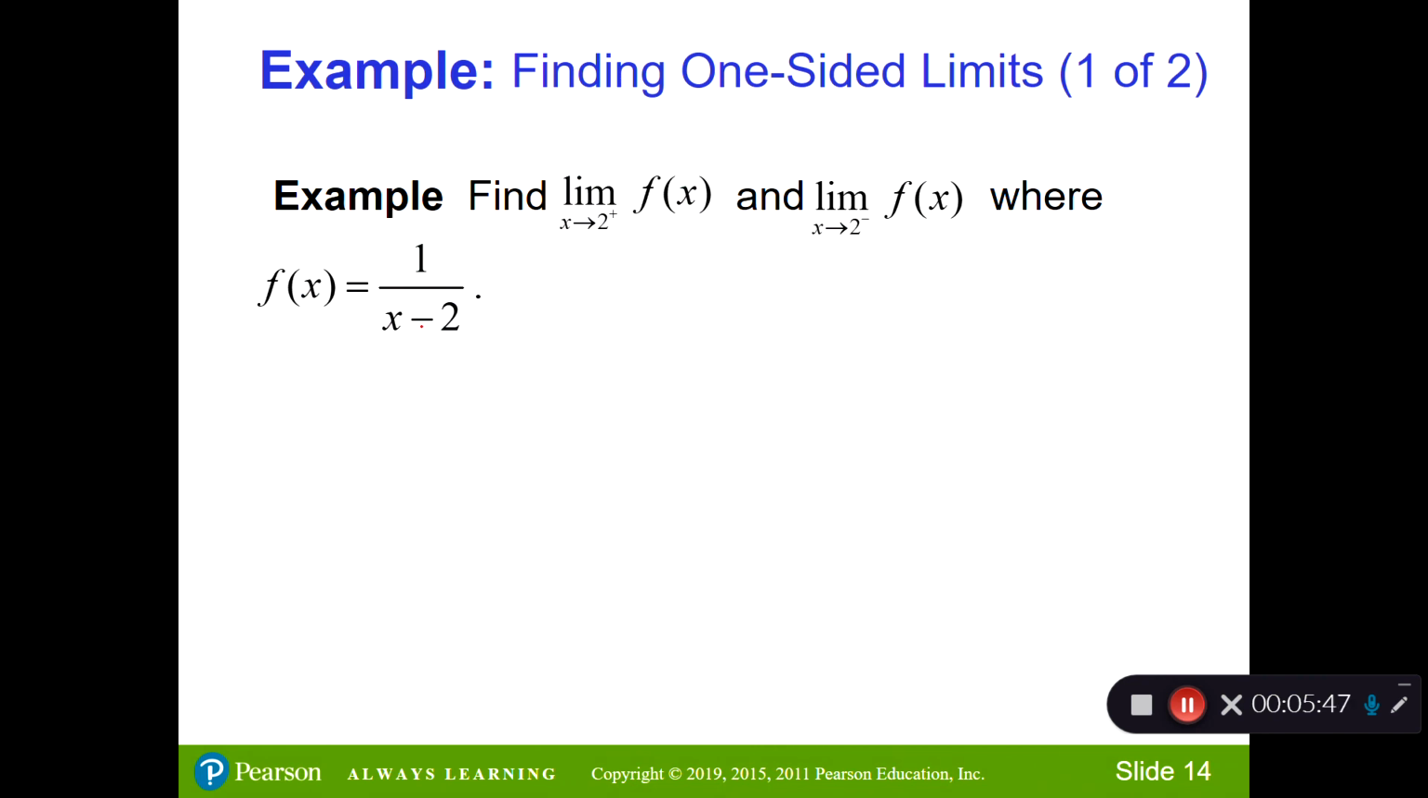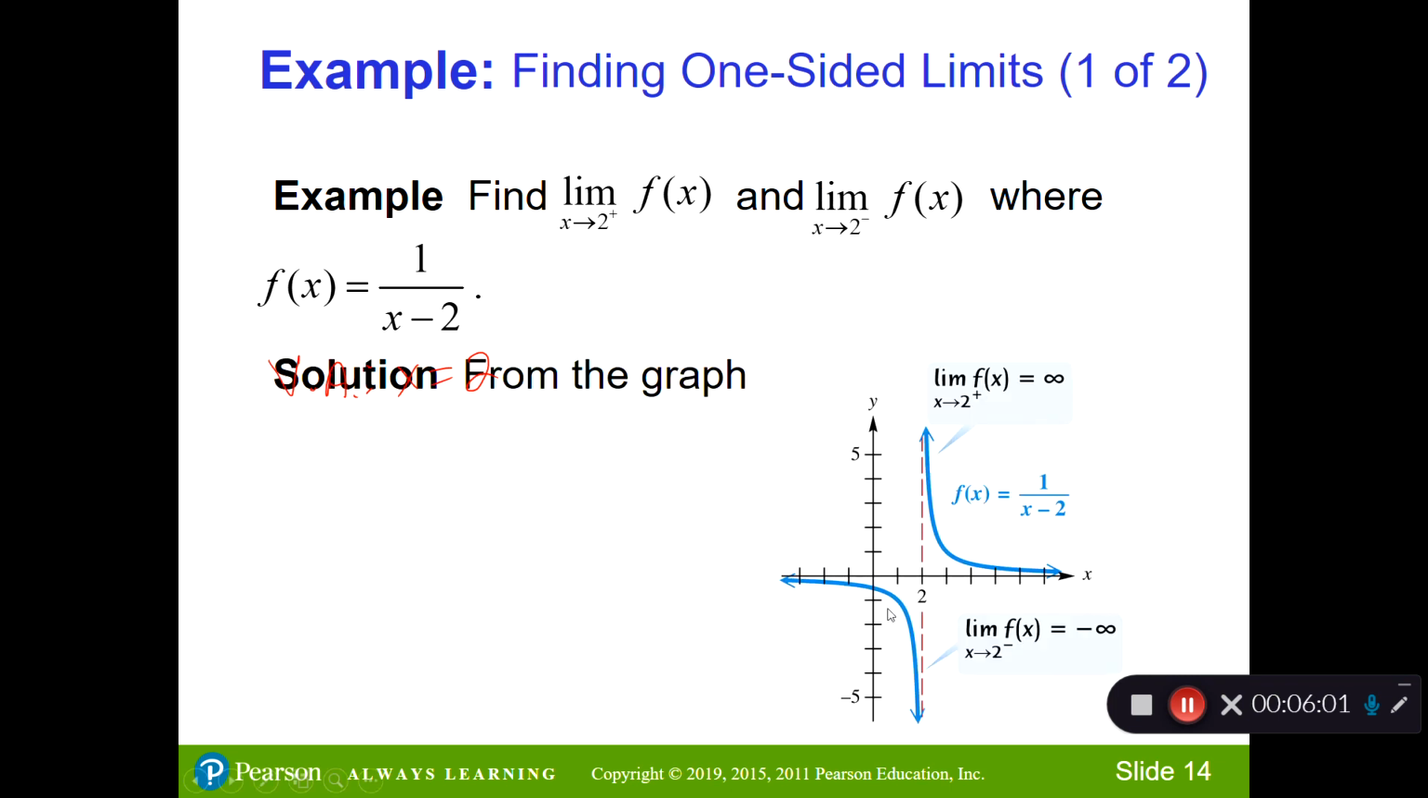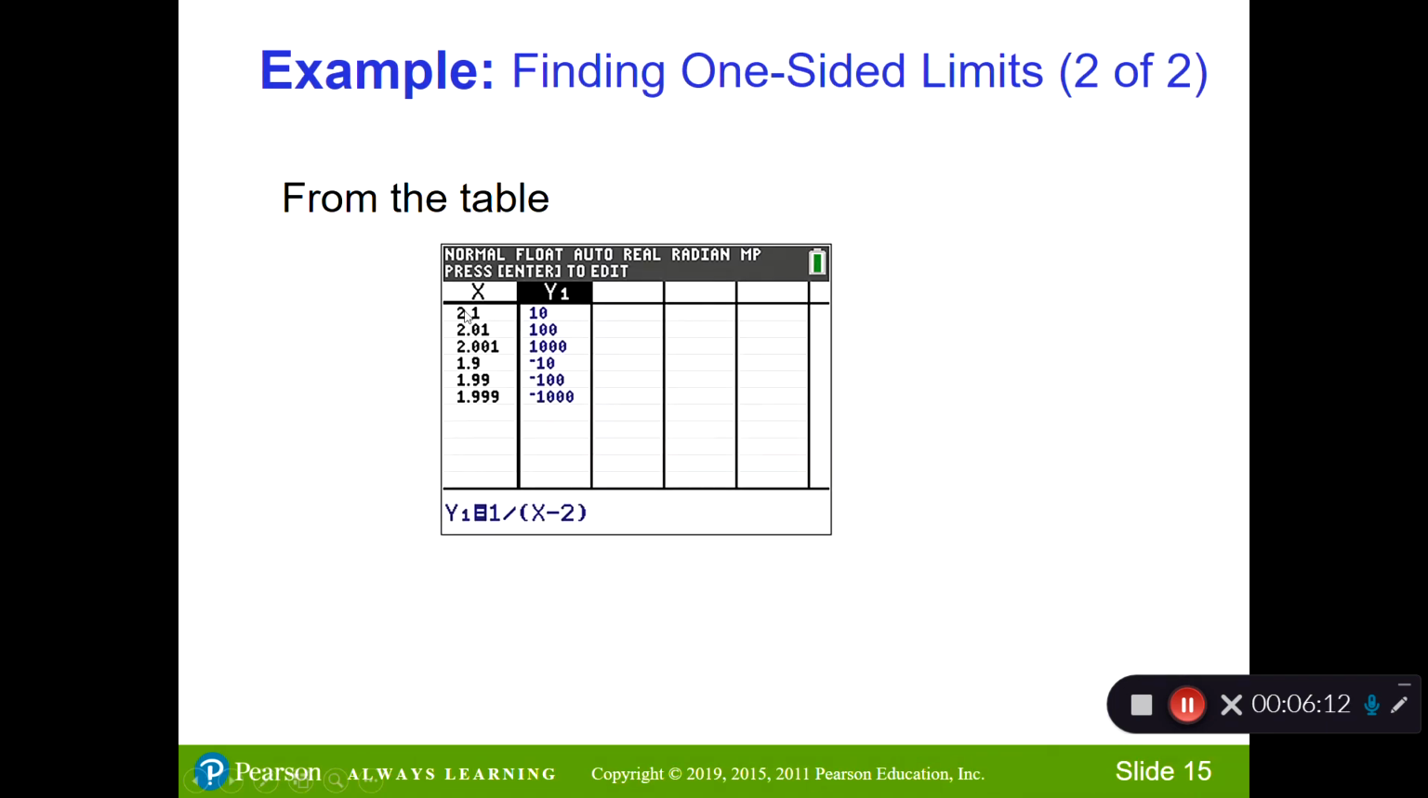All right, we know we get a 0 in the denominator when x is equal to 2, so we know that our vertical asymptote is x equals 2. We can show that by looking at the left-hand and right-hand limits. So when I look at the left-hand limit, it's going to negative infinity, and when I look at the right-hand limit, it's going to positive infinity. We can also see it from the table. The left-hand limit, notice we're getting large negative values, and the right-hand limit, notice we're getting large positive values. So we would conclude we equal infinity and negative infinity for the